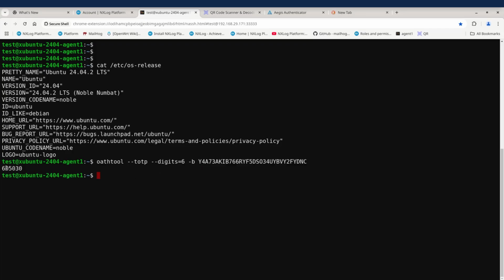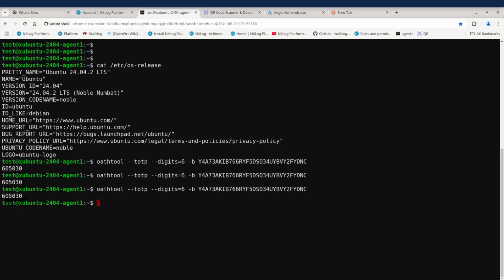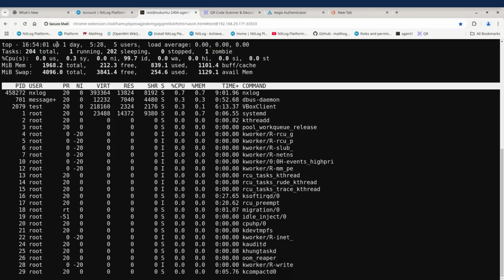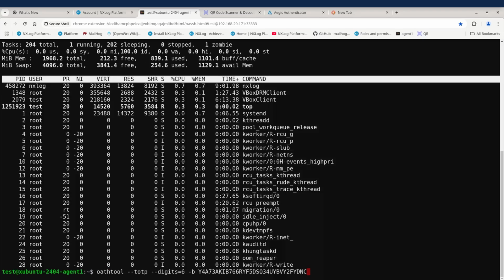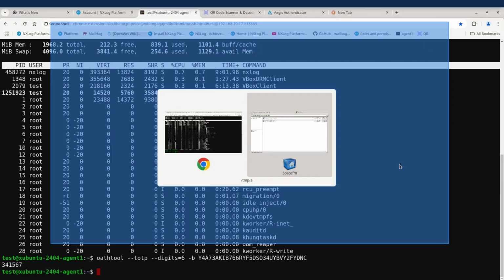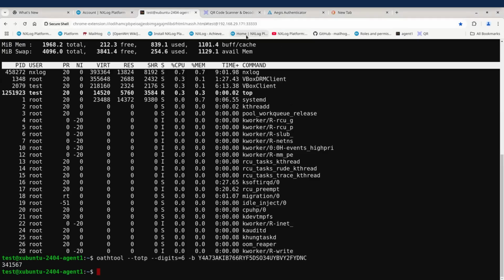Please keep in mind that a new code will be automatically generated every 30 seconds. So the time for this terminal machine and the platform needs to be synchronized with NTP. So the clocks should be very close, because otherwise this will not work, okay? If we see here, every 30 seconds a new code will be generated. So now we can see it's a different code, okay? So now we can use this code, and we know we have about 20 more seconds until there is a new one, okay? So let's enter this code in the other page, in the platform page,